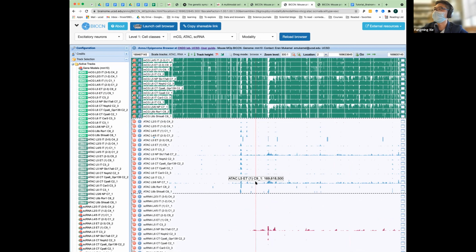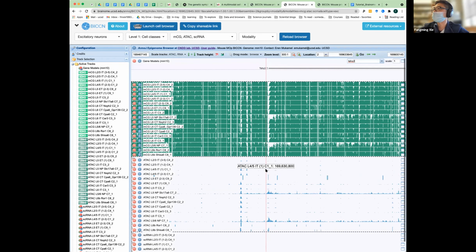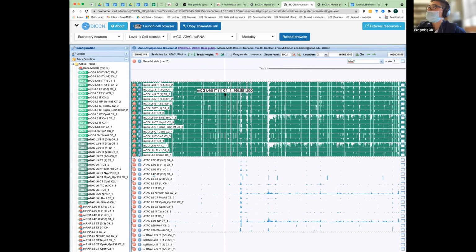Now the browser seems to be a bit different from what we've shown in the manuscript, because in the manuscript we customized the order of the tracks, but you can also do that. You can already see that you have high DNA methylation throughout the region, except for these 2 tracks. The first track happens to be an NP cell. It says L5 NP. The second track is also from the NP cell type. So it's consistent with what we've shown, but the orders are a bit different. Those 2 similar cell types are in 2 different locations.